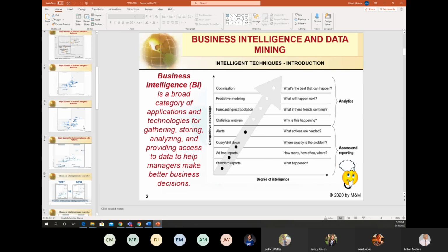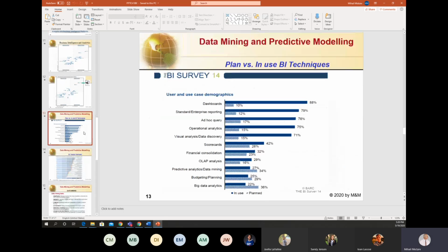If we look at some other surveys from the last few years, we'll find out that this is true because most of the users, I don't know whether they're happy or not, but they're using most of the time dashboards, standard reports, ad hoc queries, and visual analysis.